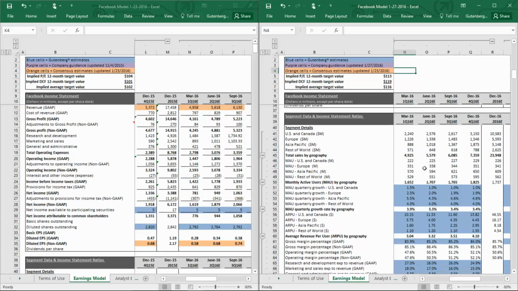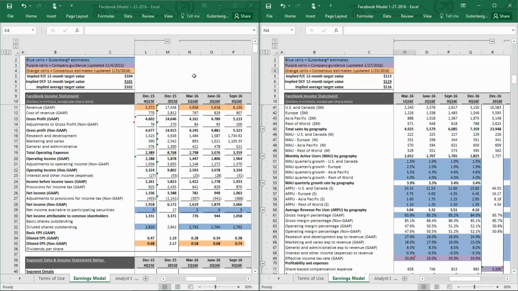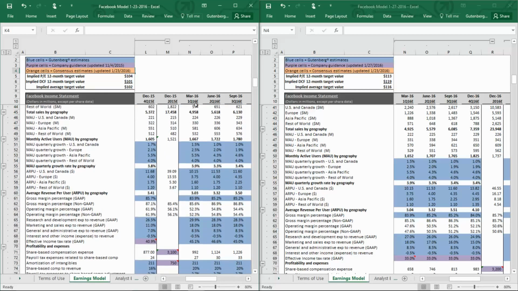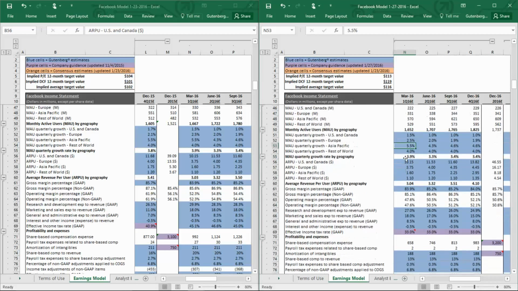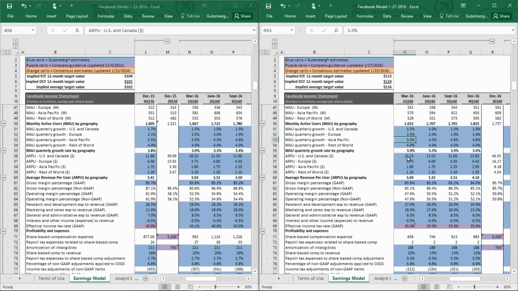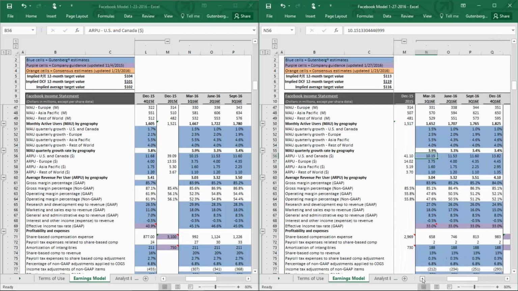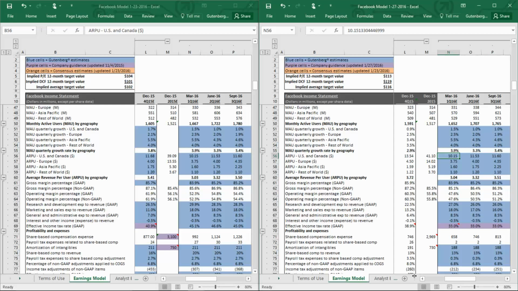And then keep in mind, if you scroll down to the segment details, the way that our revenue line is generated in the model is we separate out the monthly active users by region, and then we take the implied average revenue per user for the quarter, and we multiply the two items together. So we've essentially left those growth rates in monthly average users constant, and we've left those average revenue per user also constant. So keep in mind that this is one area where you could see some variability when analysts update